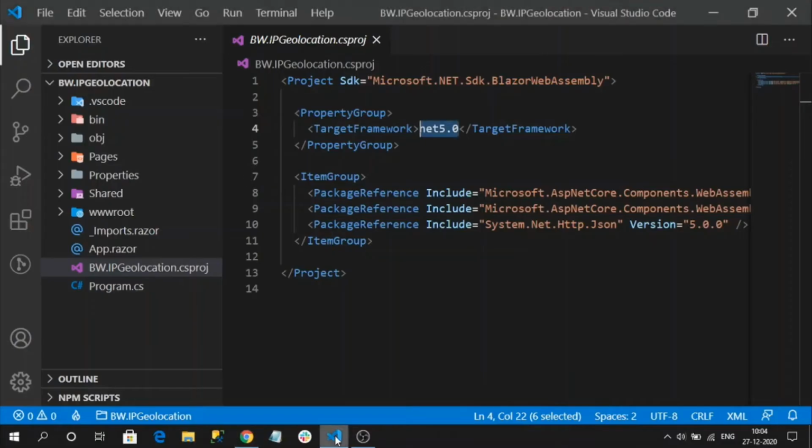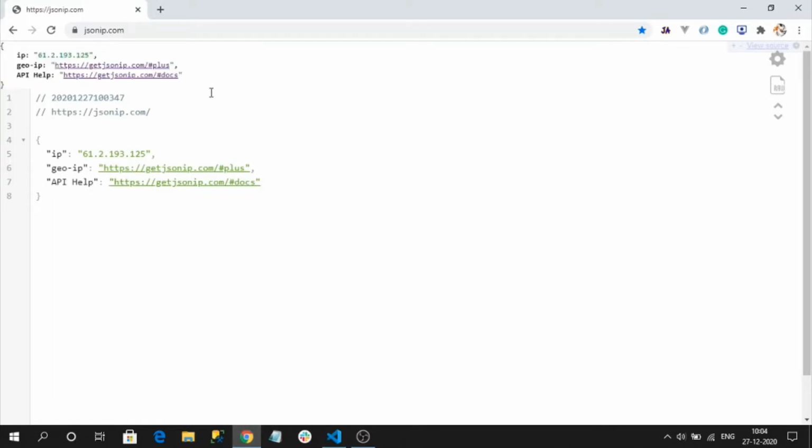For that, first we will define a model class that represents the properties of this API.